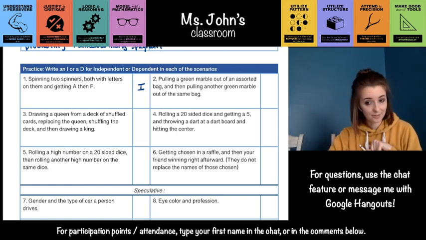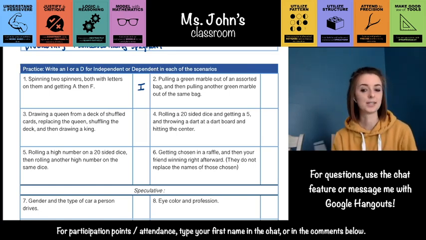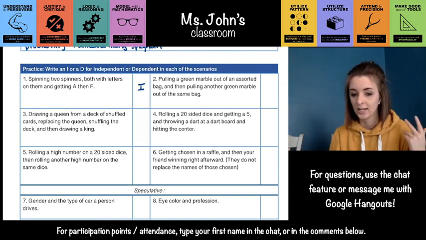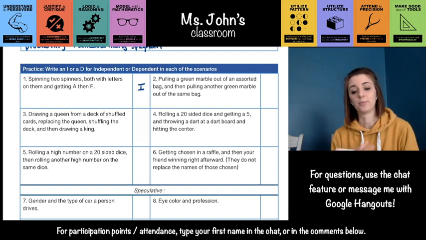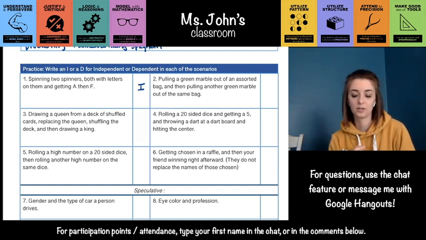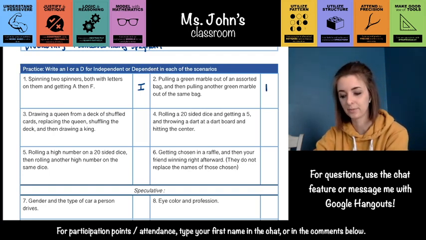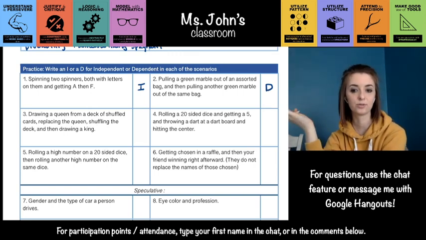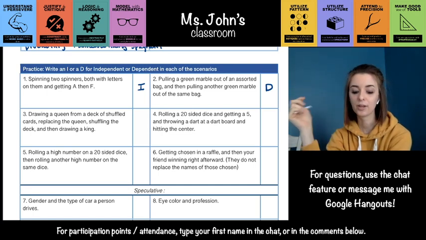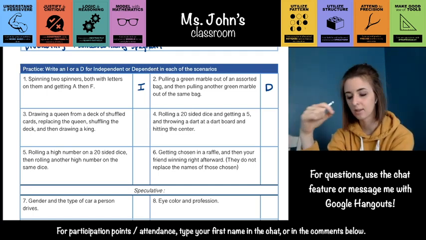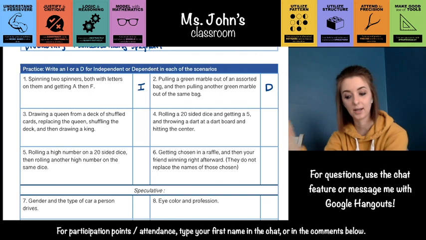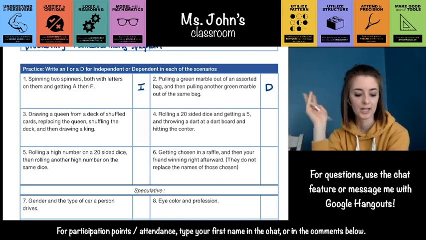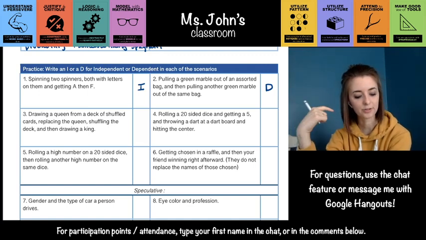If you were to replace the green marble, then it would become independent. Then they are no longer dependent on one another, and the probabilities are exactly the same anytime you stick your hand in there and try to pull out a marble, right? So this is actually a dependent example. Those two things depend on one another if you don't replace the marble. If there was a little subnote here that said the marble was replaced in between, then it would become completely independent. Number 3, drawing a queen from a deck of shuffled cards,